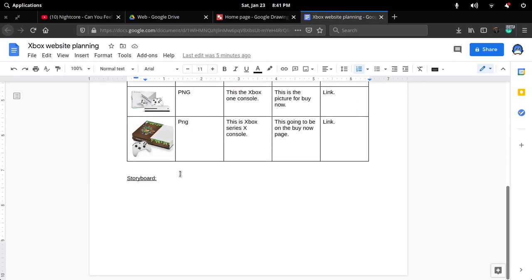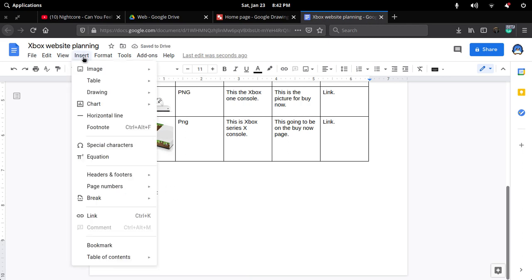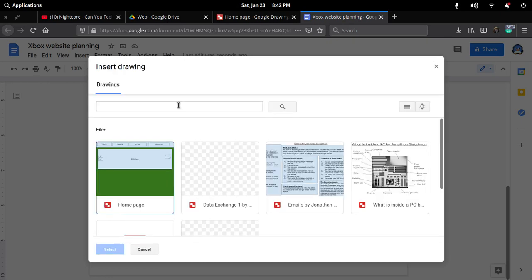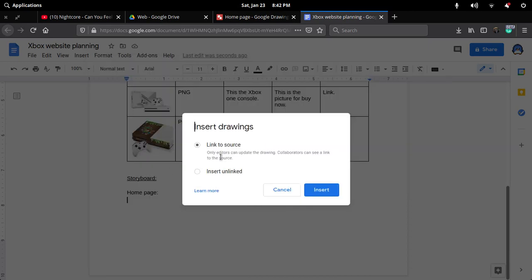Alright, that is good. So for the storyboard, let's add the home page. Home page. Alright, now we need to go insert, and now if we did what I did, or if we just made an image or something like that, go and insert it, but I did it as a Google Drawing. So go to drawing if you do the same thing as I did, and now click onto from drive, or we can just click onto new, it doesn't really matter. Now just click onto home page, and now in link to source, do that, do not click on insert unlinked, because